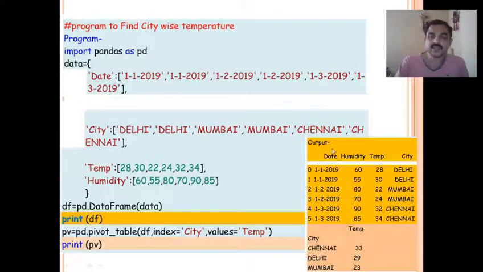Now pv equal to pd dot pivot underscore table, df comma index equal to city, values equal to temperature. That means the index will be city and the values will be temperature. So in this case you get the data in this order. The temperature is calculated for each city. For example Delhi, 28 and 30, so its average is calculated and displayed. Clear?